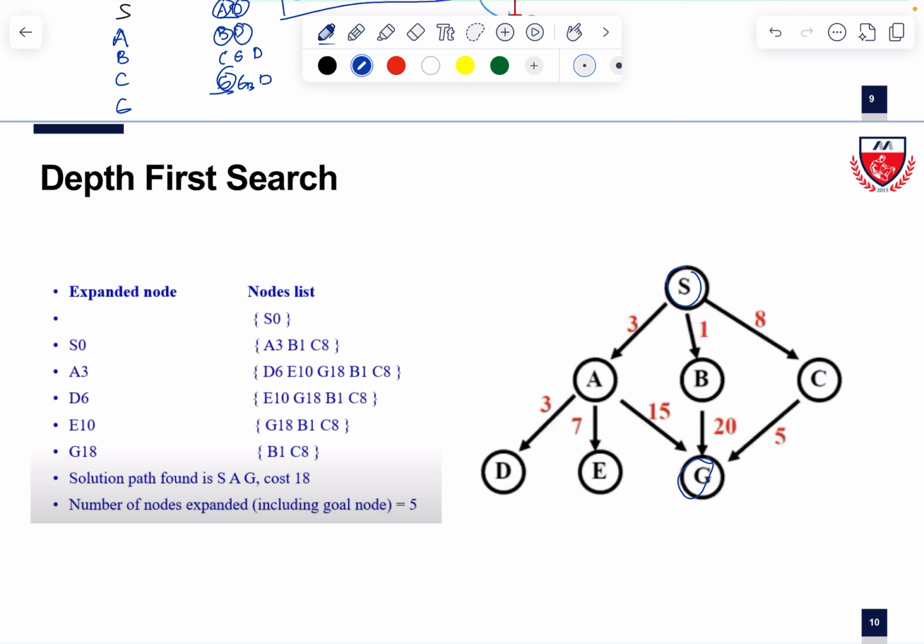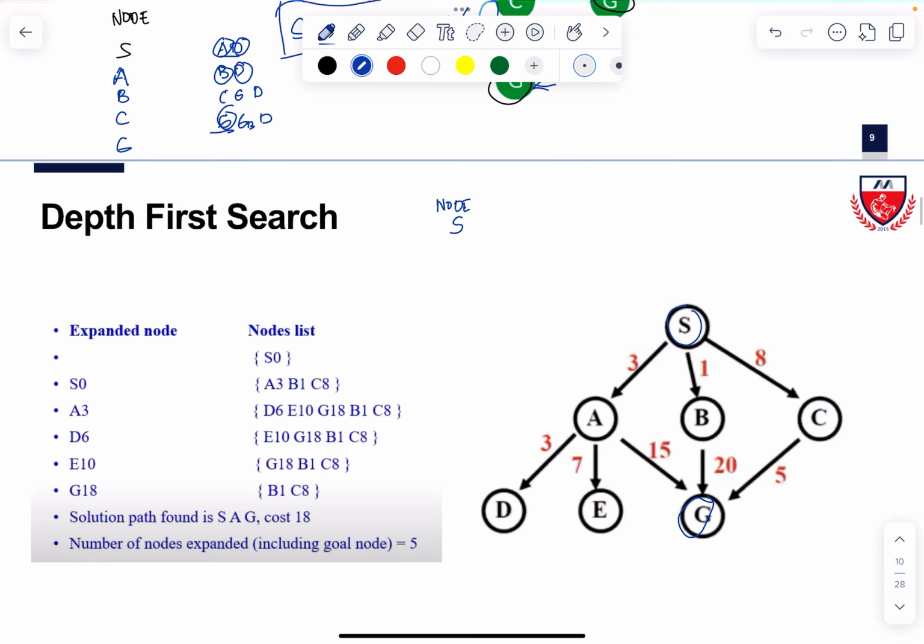So let's do what I did earlier. So node to visit first. This is the node, and these are its children. The children are A, B, C. So si A has a path cost 3. We can write that or we can skip it, pwede na, because in depth first search, wala siyang pakialam sa path cost. But we can write it because it's given: B1 and then C8. So, as mentioned earlier, uunahin niya muna yung